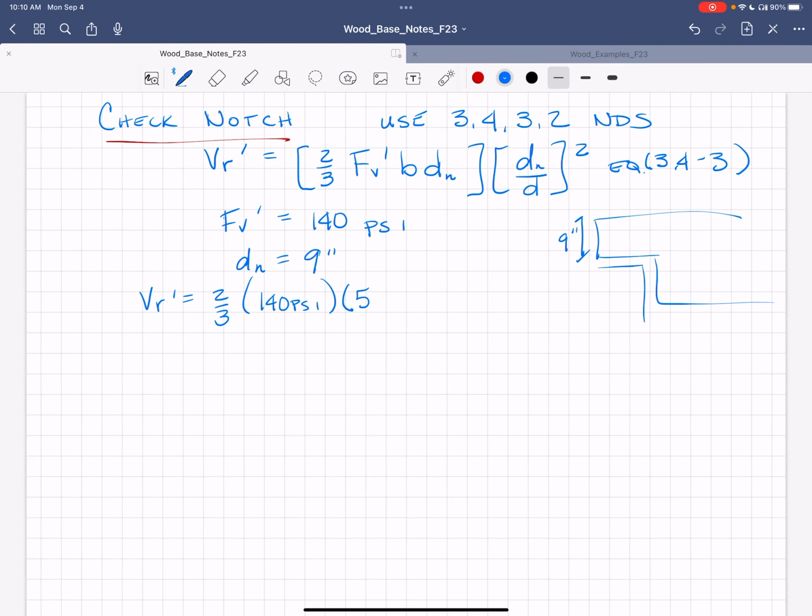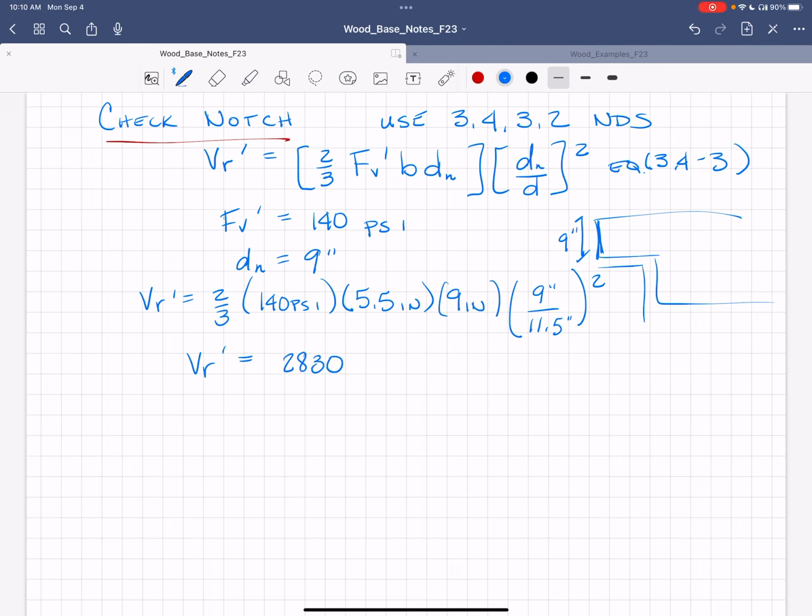B and D sub N are 5.5 inches and 9 inches, so the area of this section here. And then notch depth over full depth, 11.5 squared, and I get V sub R prime equals 2830